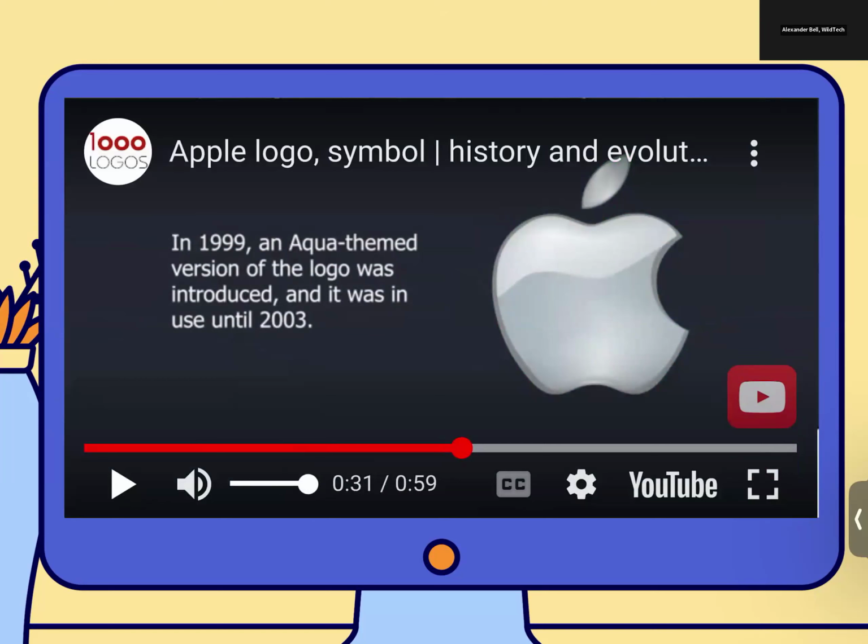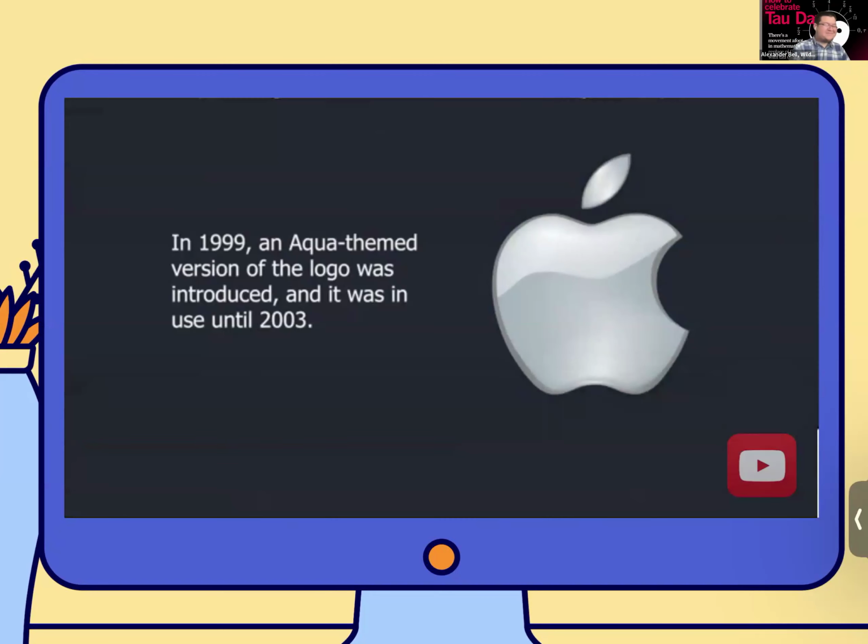Again, I remember just being in elementary school or preschool and seeing this logo on the computers in the rooms, in kindergarten and preschool and elementary school. So this logo brings a lot of nostalgia for me. I didn't know it was Apple at the time, but I certainly remember this logo.